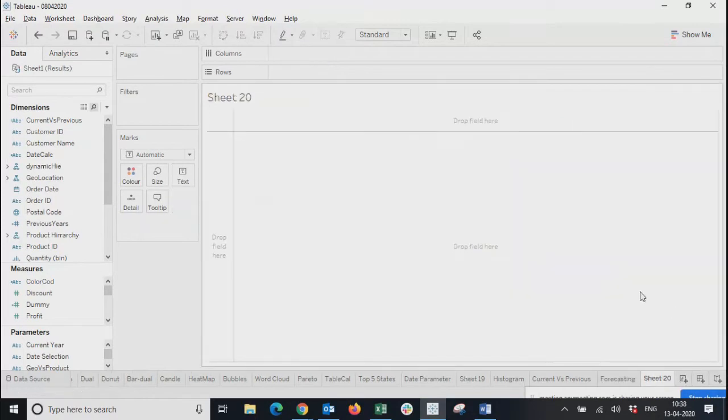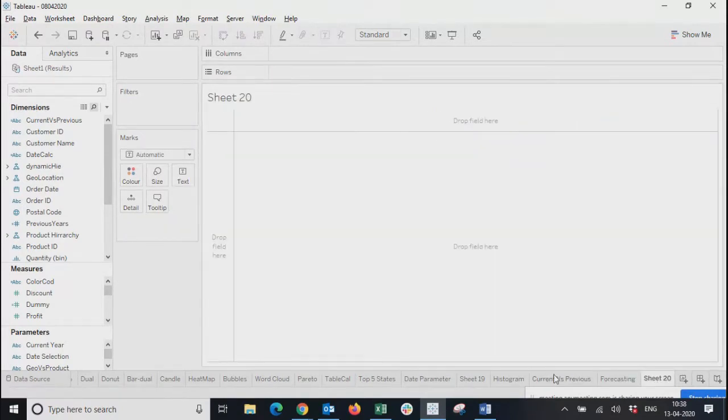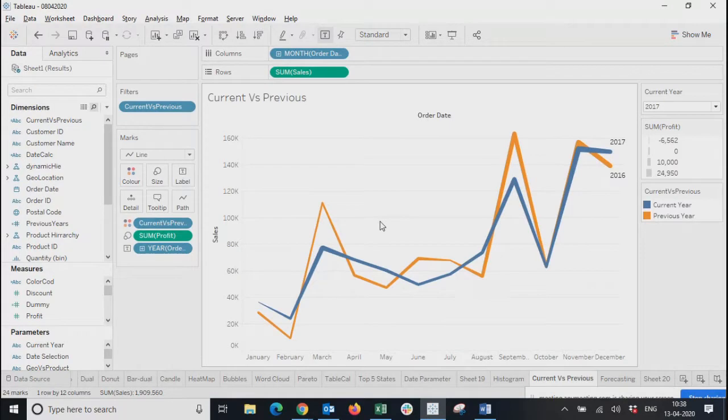Now, there is another type of chart which you generally don't see in dashboards, but it's good to create it for presentations. Looking at this trend we just created in the past two sheets, assume you are in a presentation, presenting your screen on a projector or sharing your screen. If you are able to show this trend in movement,